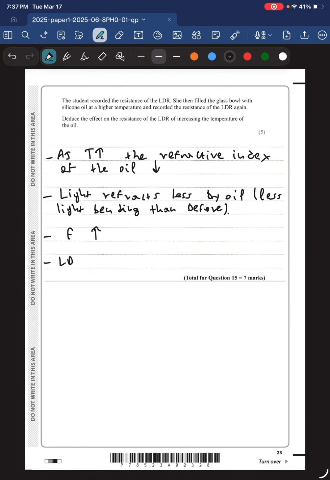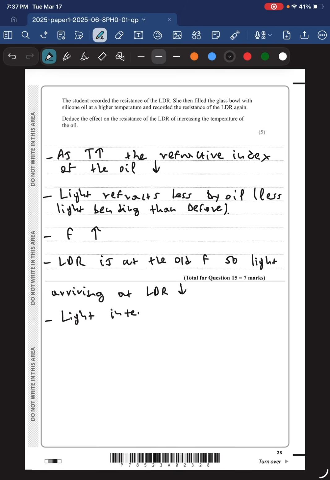The LDR is at the old focal length, so the light arriving at the LDR decreases. Again, the light intensity at the LDR decreases. So the resistance of the LDR